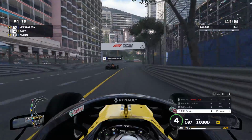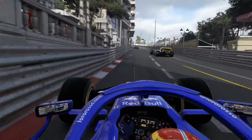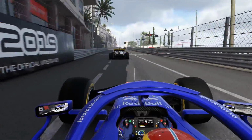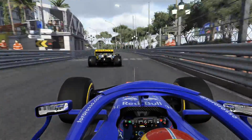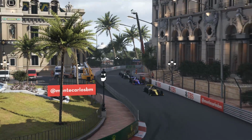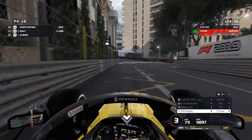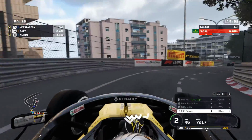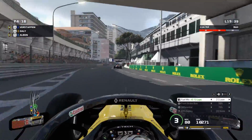So we get jumped by Force India and Verstappen. I think Verstappen has already made his stop. But crucially, we rejoin in front of Albon and the massive, absolutely ginormous train that we were just looking at on the replay cameras a lap ago. So we jump our teammate, we jump a Ferrari, a Mercedes, a Haas. All these cars that were ahead of us in qualifying and at the start of this race, we've now cleared them. And really, the only people in front of us now are